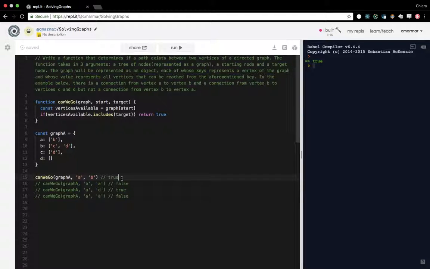But how do we check if B can get to A? We'd have to actually go down to the B array. If we just run this right now, we'll return undefined, because we're not really checking the B array. We want to be able to go through the same path we've already gone. So the next thing to do